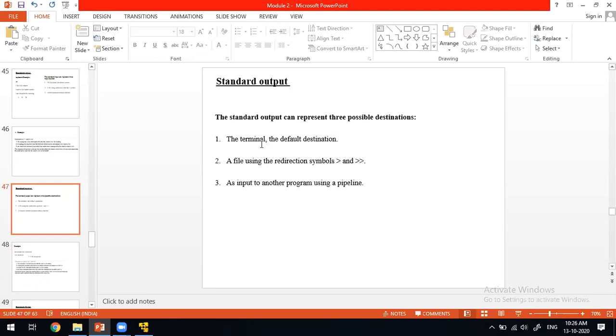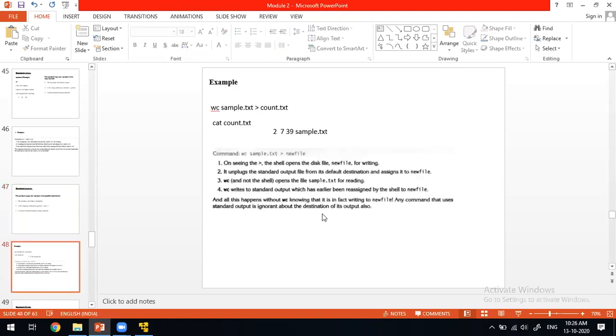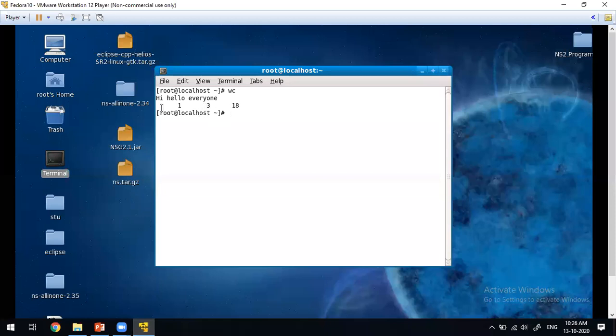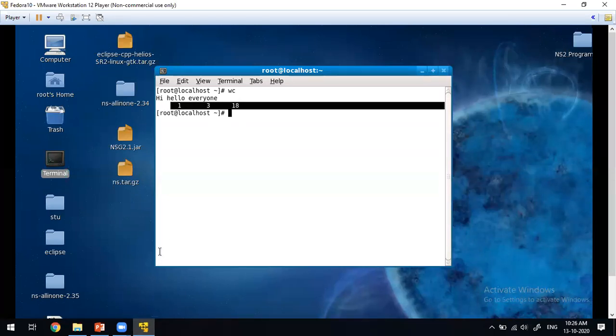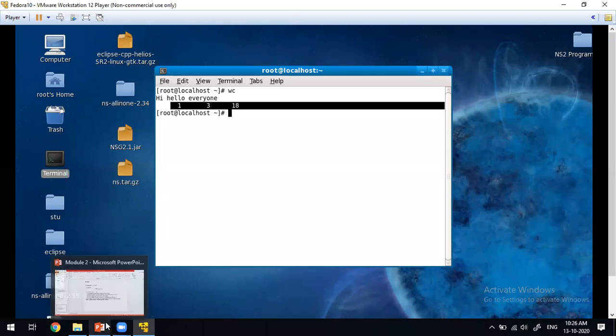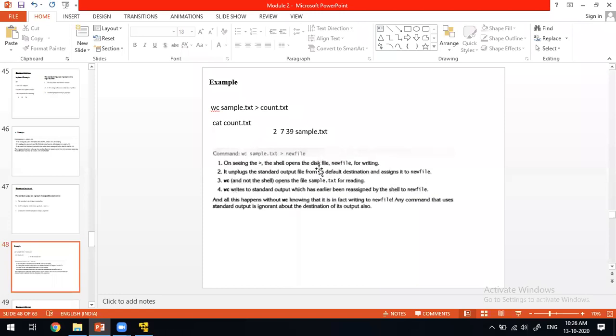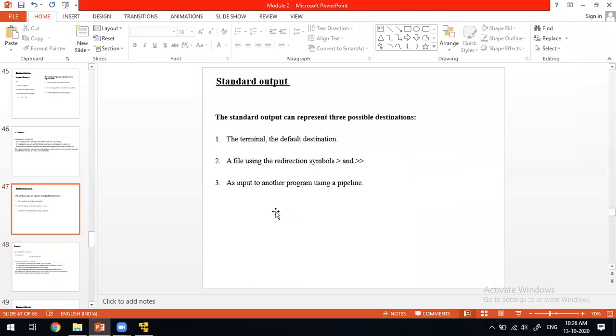The standard output is like this. The standard output means whenever you enter something on the screen, you will get the output here. Who is responsible for bringing the output? By default, in order to show the output of the command, it will be directly shown on the terminal display. Therefore, the default location will be the terminal itself.